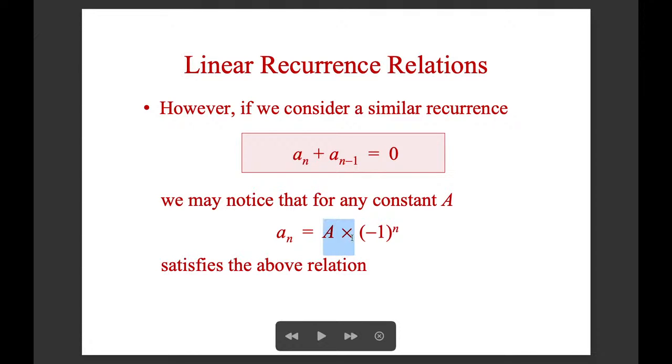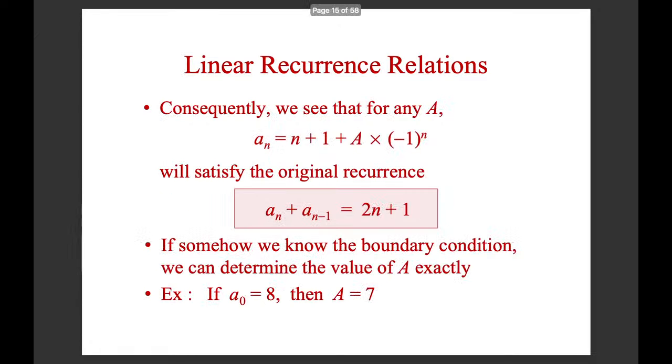Now, you can see that this corresponds to something we call a zero of this recurrence relation. In particular, this is the particular solution that we had before, and if we combine the particular solution with the zeros that we just obtained, then this a_n will also be